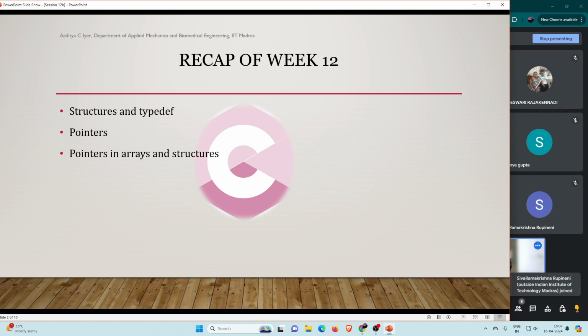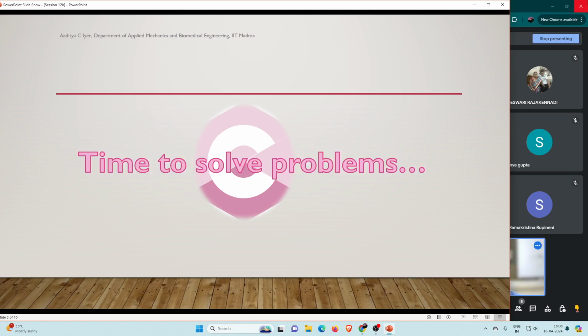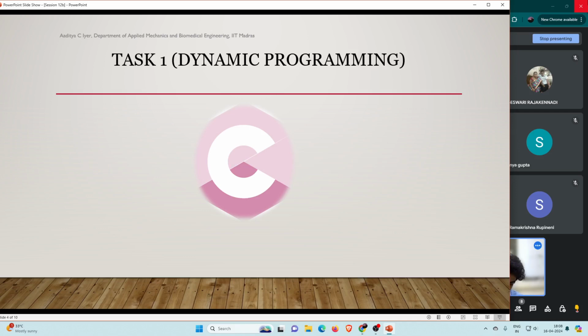Pointers were first introduced when we had to pass an array through a function, and we had to sort an array, etc. Then dynamic memory allocation and file handling. I didn't go through the recap in much detail because I did that the day before yesterday already. So first, let's start with one